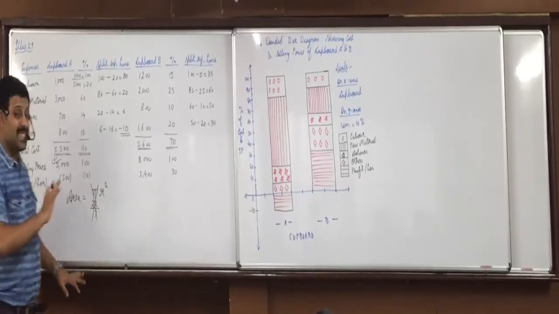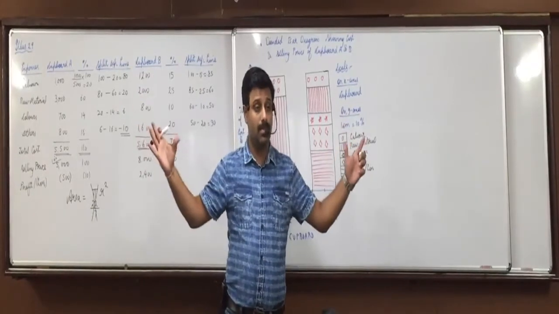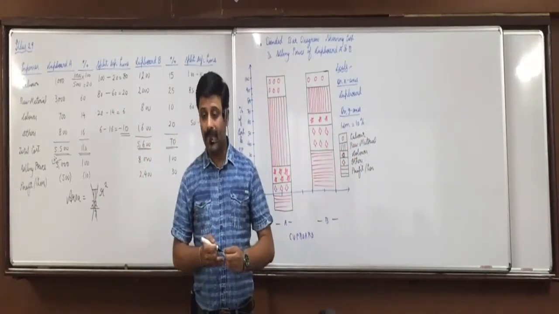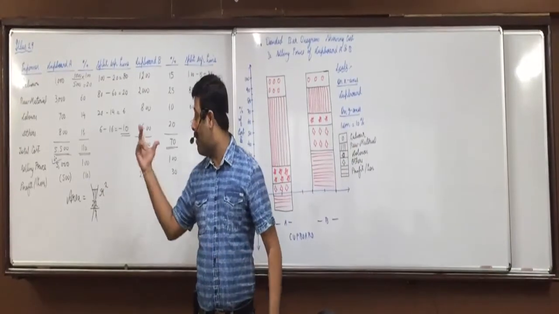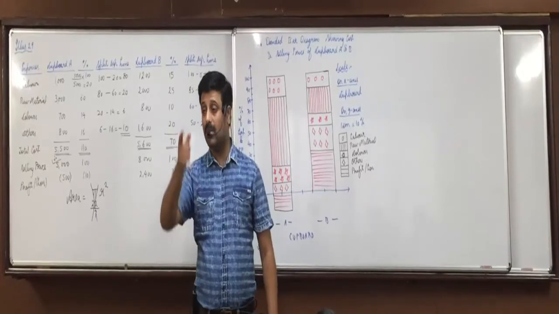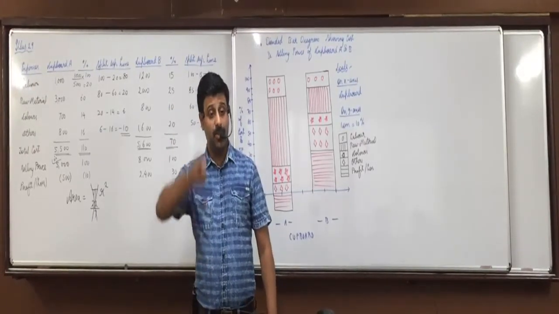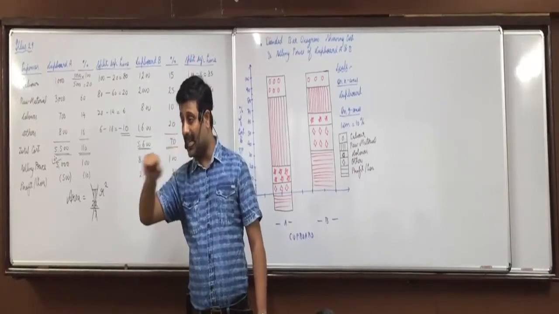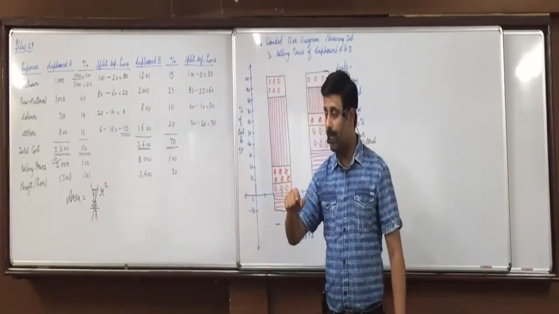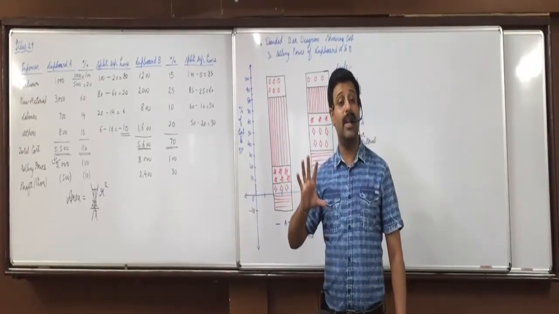Normally, when do we use this circle diagram? When the data is very huge, very big data, thousands and lakhs. Then instead of making a normal bar diagram, the bar will become very big, because one dimension to represent thousands and lakhs is very big. So we use 2 dimensions, length as well as width, 2D diagrams. That is circle diagram.